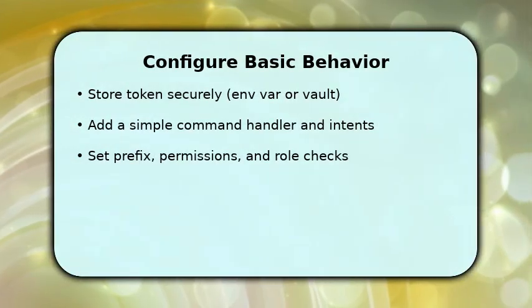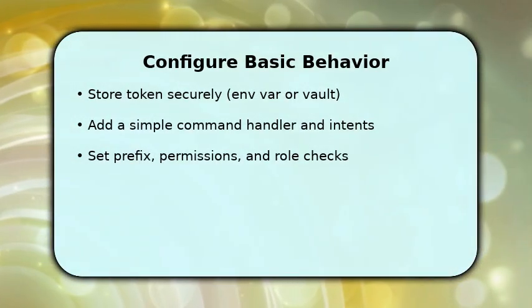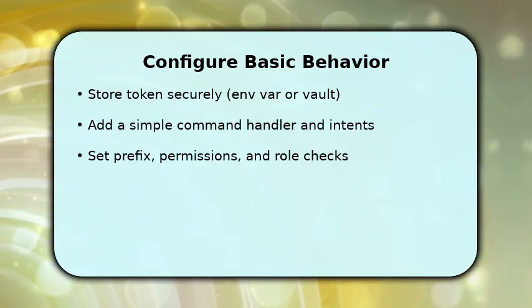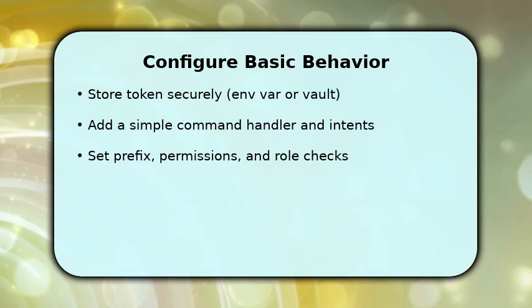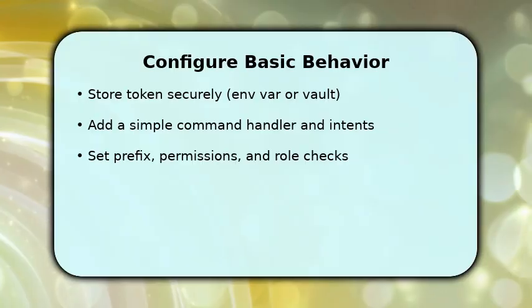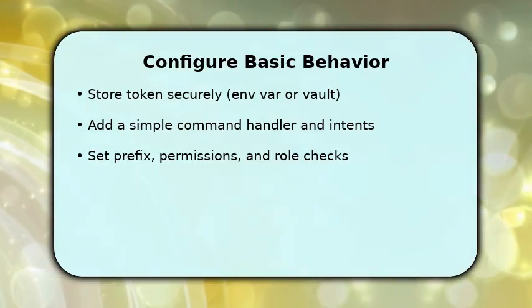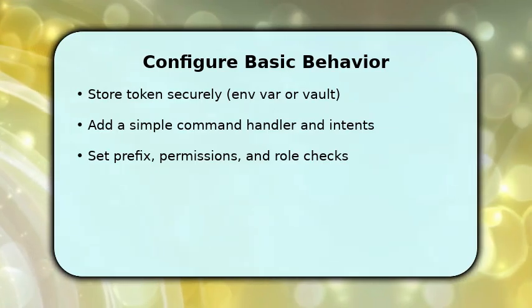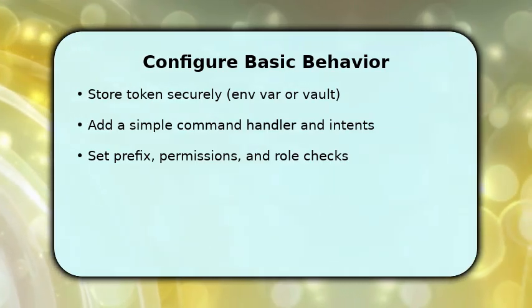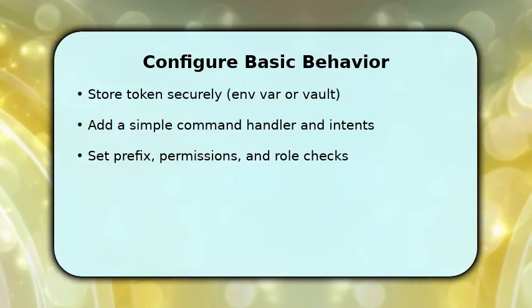Next, you configure the bot's runtime behavior by storing the token in an environment variable and writing a minimal command handler. Once the handler is live, enable gateway intents you need, like message content, so the bot can read and respond. Make sure to implement permission checks and a safe command prefix to prevent abuse. While coding, include clear logging and a ping/health command so you can verify responsiveness without cluttering channels, and test each